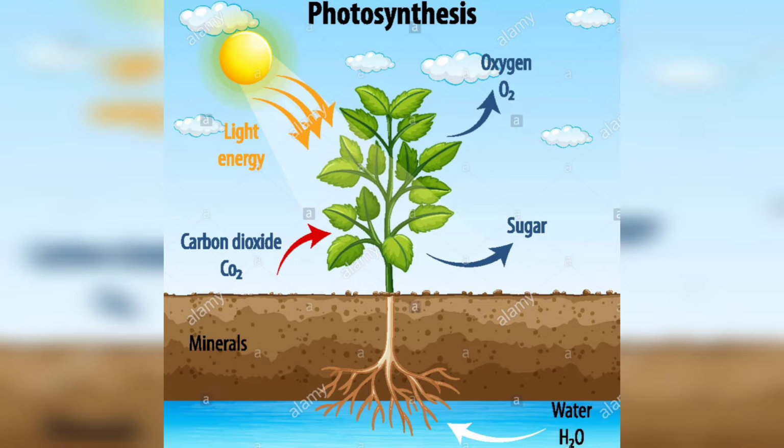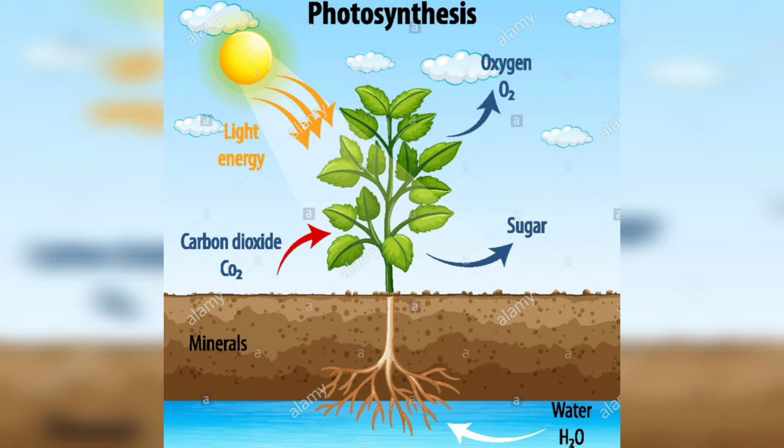Now look at the slide. Let us discuss what are the raw materials required for the photosynthesis process. The first raw material is carbon dioxide. Where do plants get this carbon dioxide? As we already know, plants get carbon dioxide from the environment or atmosphere through stomata. Stomata is the plant's breathing organ. That means through the stomata, plants can exchange gases. Am I right? Okay, this is the first raw material, carbon dioxide.